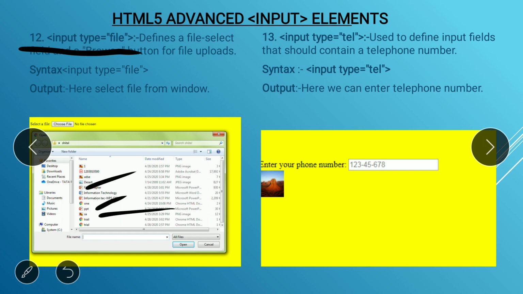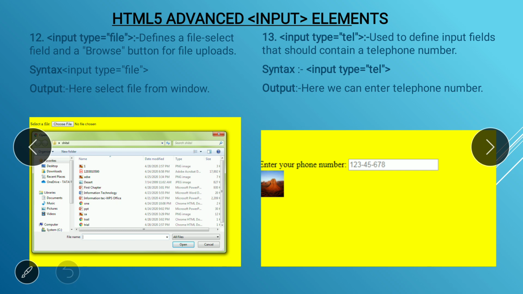So you can check the file name here, no file chosen; instead of that text the file name will appear. Okay, so this is the use of the input type file.